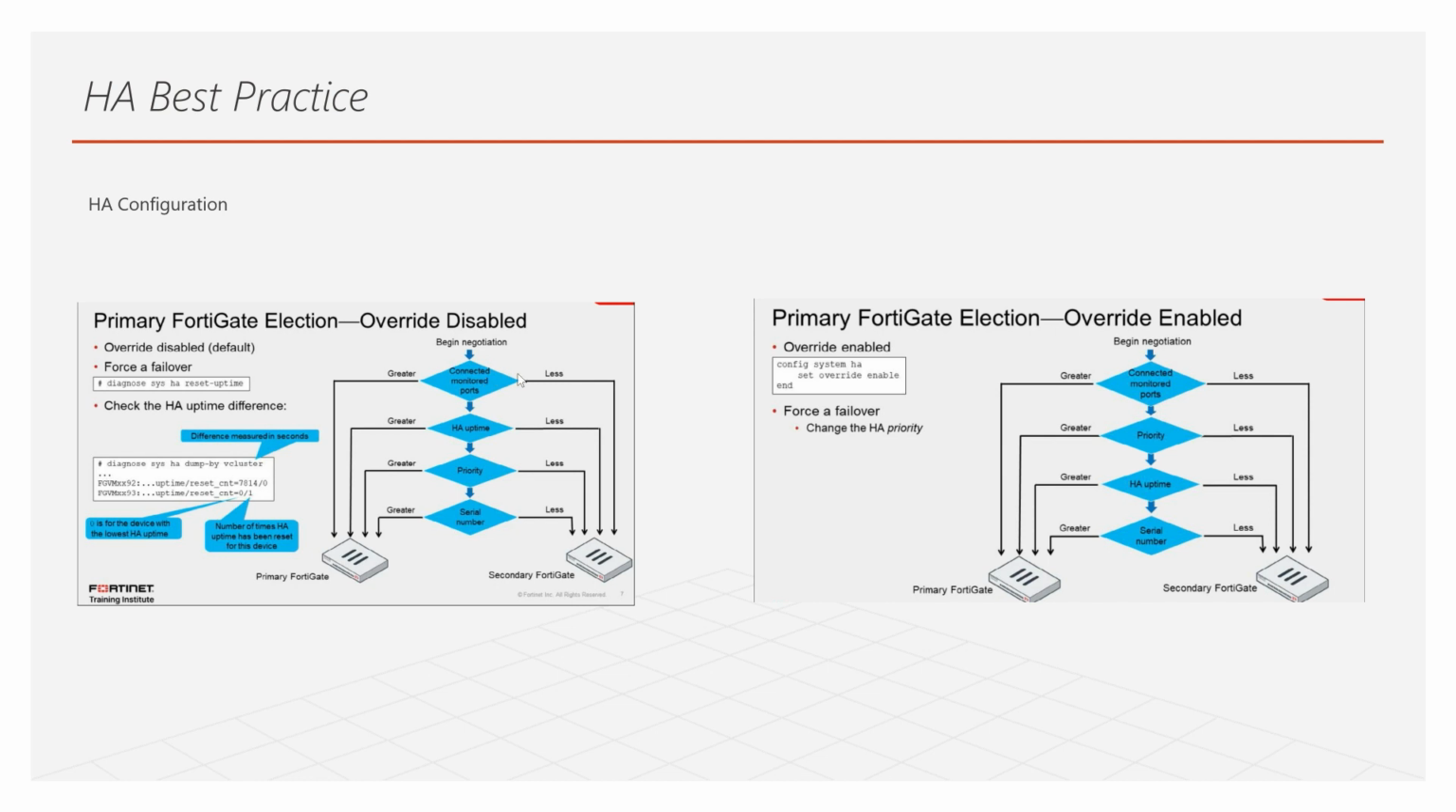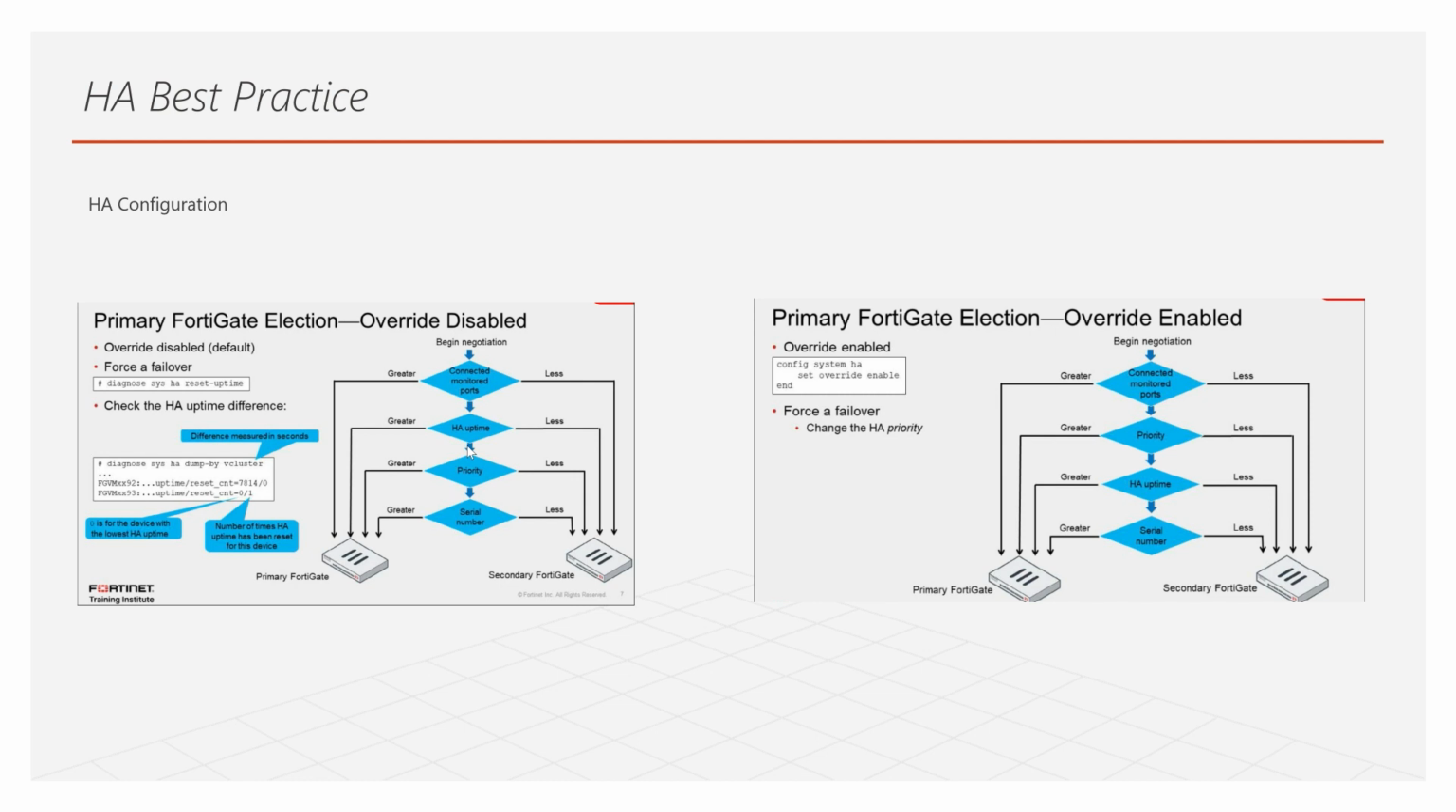In sequence, the two nodes will compare the available ports, HA uptime, priority, and serial number. Always the one with the greater number will become the primary node. One thing we need to notice here is the HA uptime. If the difference of the HA uptime between the two nodes is greater than 5 minutes, then the one with the greater HA uptime will become the primary node, and the two nodes will no longer compare the priority and